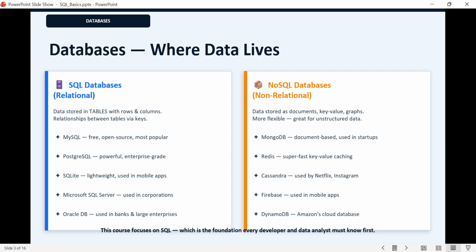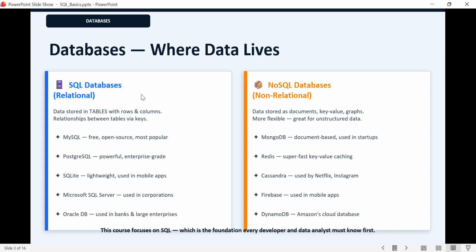Instead of paper files in racks, you have tables, of data on a computer. And instead of opening racks to find a file, you write a SQL query.